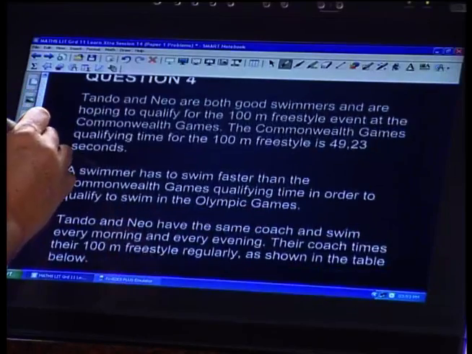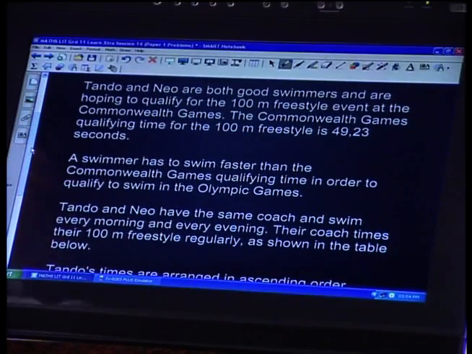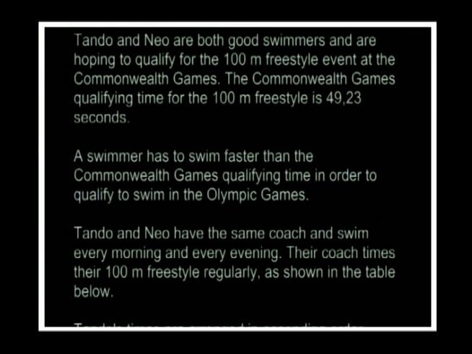Lovely storyline here, all about the wedding, and through this we're looking at costing, graphs, and now tablecloths. It's all very exciting. But unfortunately, it's come to an end, and we're now looking at question 4. Question 4 talks about Tandu and Neo. Tandu and Neo are both good swimmers and are hoping to qualify for the 100-meter freestyle event at the Commonwealth Games. The Commonwealth Games qualifying time for the 100-meter freestyle is